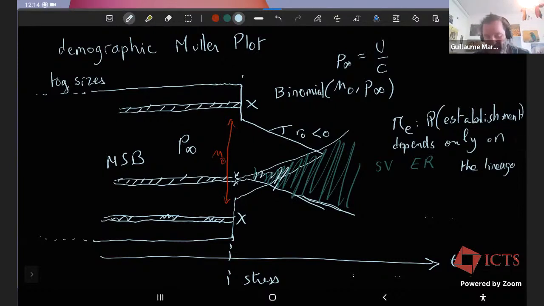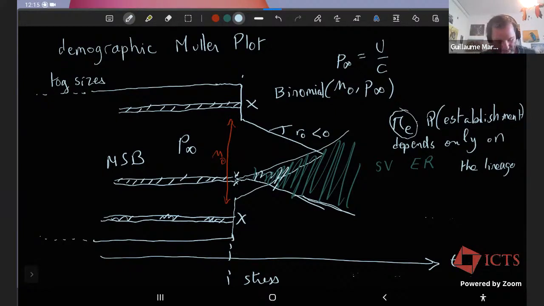So we just need the infinite time probability. That's why there is just some probability of establishment, which depends just on the lineage properties, but not on time. And so the success probability is just, we now have the number of,